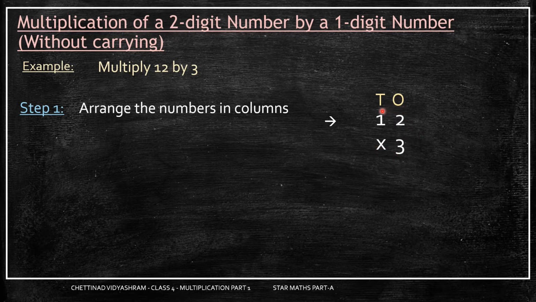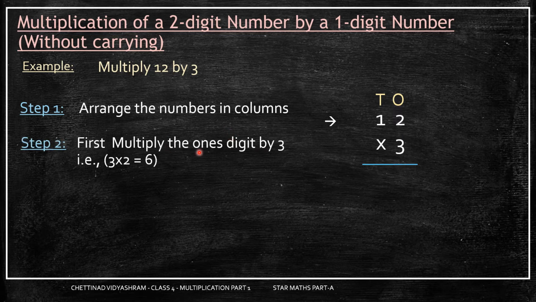Why are we writing the ones and tens on top of it? Means the places on top of it, because we should always start the multiplication starting from the ones place. So just to make it clear, I've written the places on top of it. So always start multiplying the numbers from ones digit. Start multiplication from the right hand side like this. Okay. Now step 2.